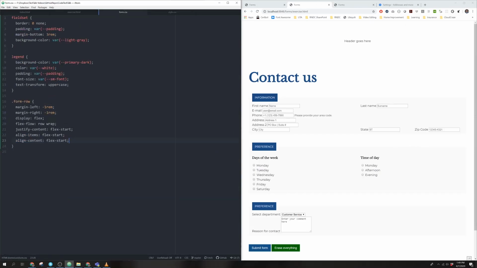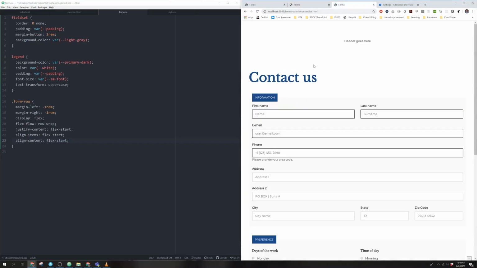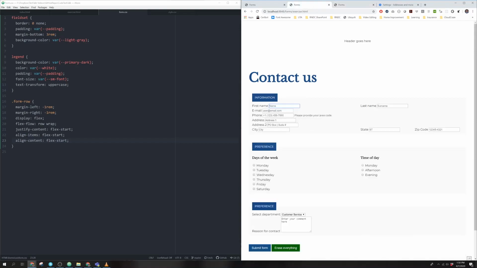I copied over the form row so you can see margin left and margin right. I gave it -1 rem. I used display flex, flex flow to row wrap, justify content, align items and align content to flex start. Again, using flexbox because I love flexbox. And if you notice right here, it automatically set it up for us so that it uses each one of these fields right here, and they're aligned next to where they're supposed to be. Okay, so now we have the form row,